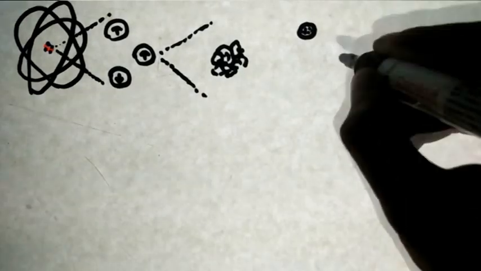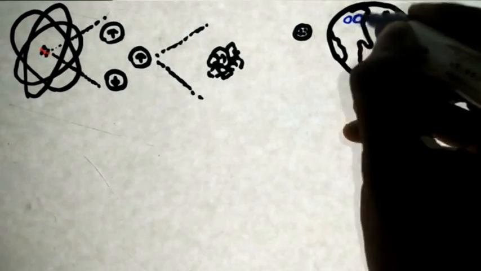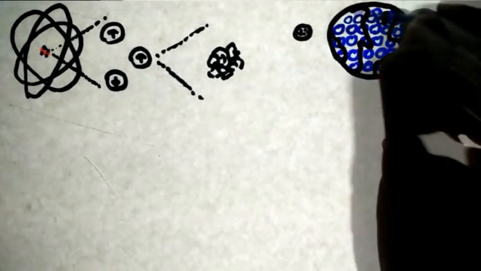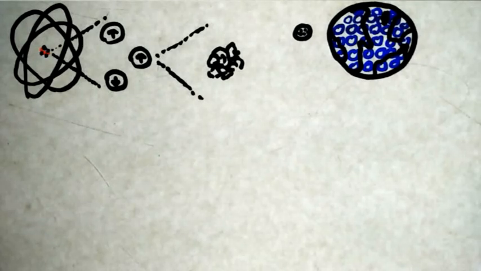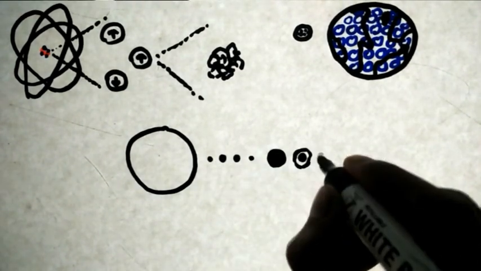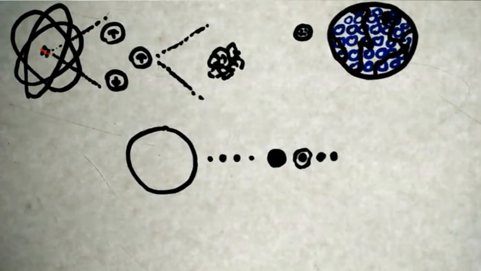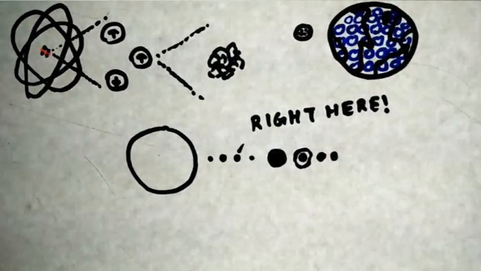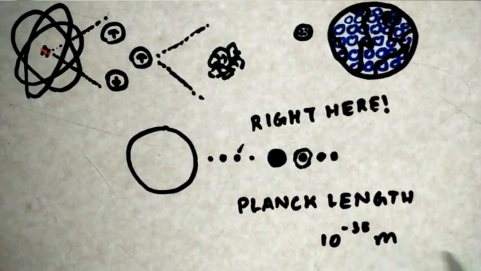Here's an analogy to fit in these strands in the big picture. To get a sense of how small an atom is, imagine if atoms were golf balls. There are as many atoms in a golf ball as golf balls would fit into the earth. Now, picture one of these atoms magnified to the size of our whole solar system. Then the size of a tree on earth would be the size of a single string of energy. In other words, the strings are of the order of the Planck length, 10 to the power of negative 35